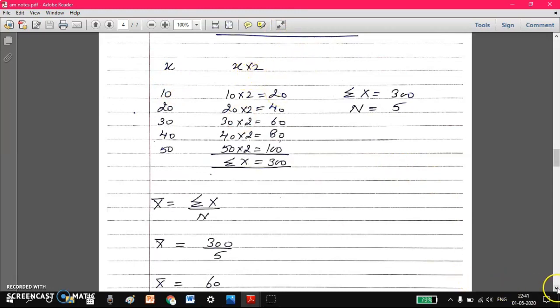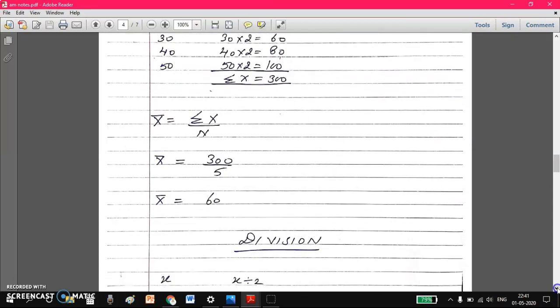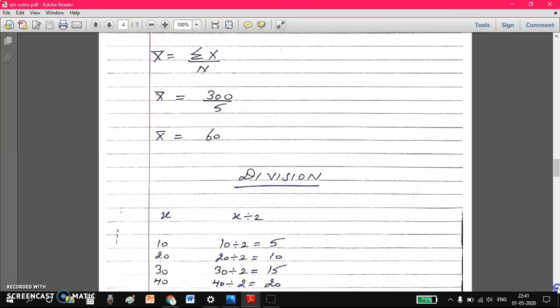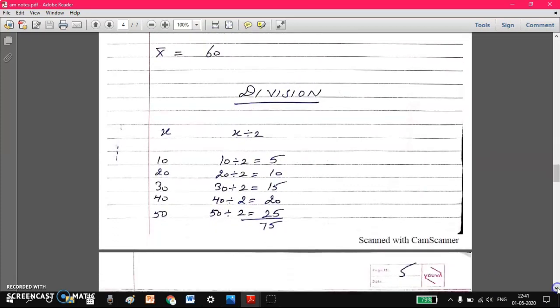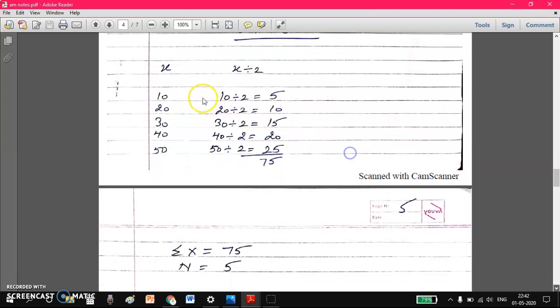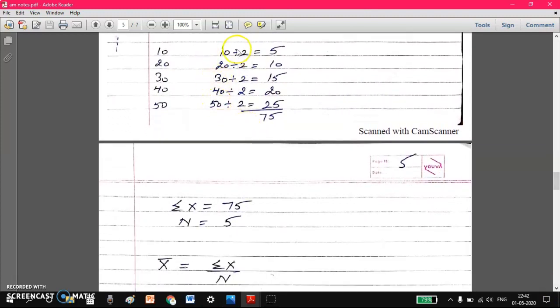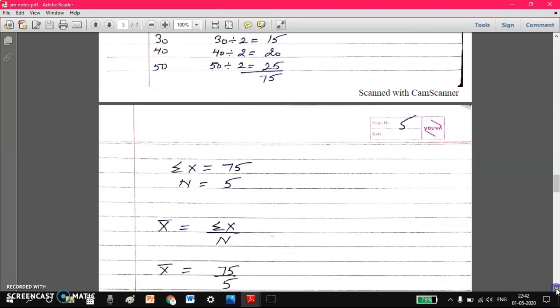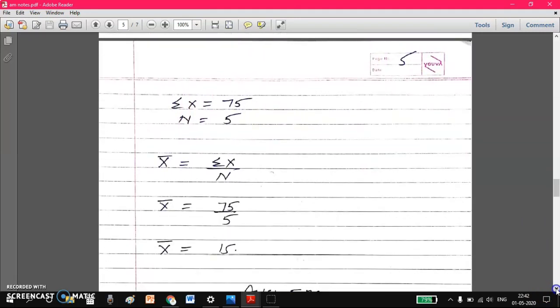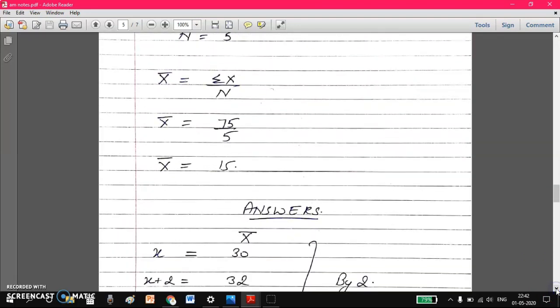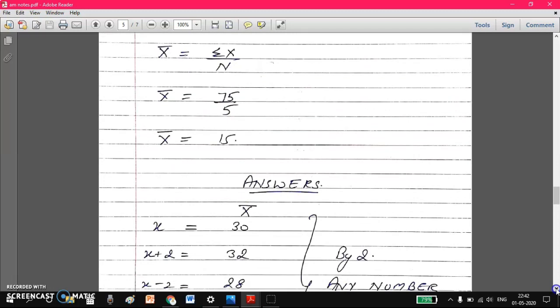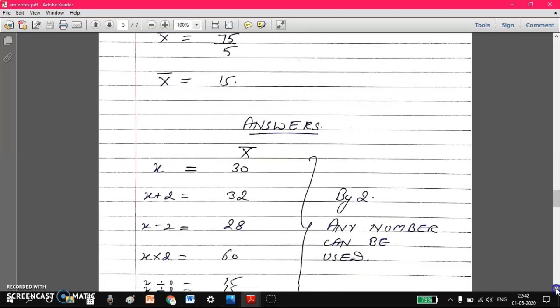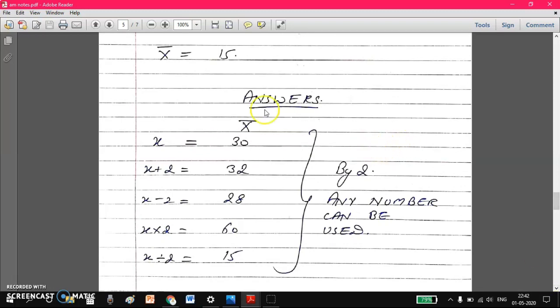Students, I'm saying this again, that any number can be asked to you to multiply in the X series. So you just have to use the direct method. Again, this is the division by 2. So I have divided all the numbers present in the series by 2, and in the end I've made a calculation by adding all the numbers. So the direct method is used here. There is nothing tough. You just have to simply divide, multiply, subtract, add, and after adding that X, you will divide by n. So this is the answer of all the calculations.